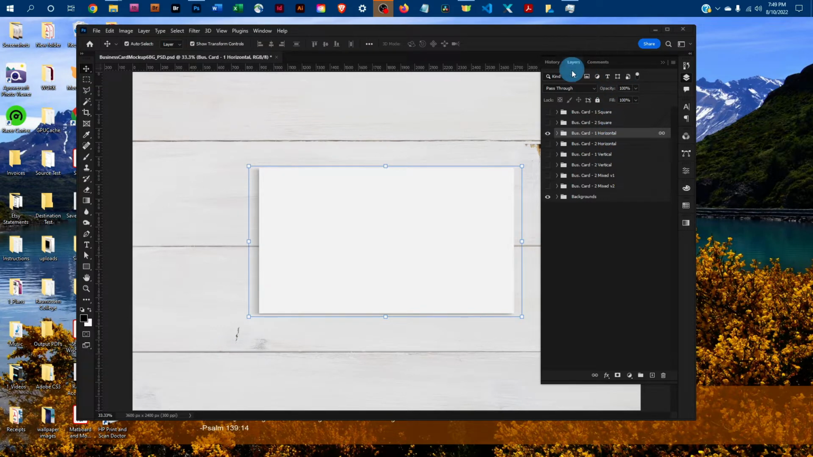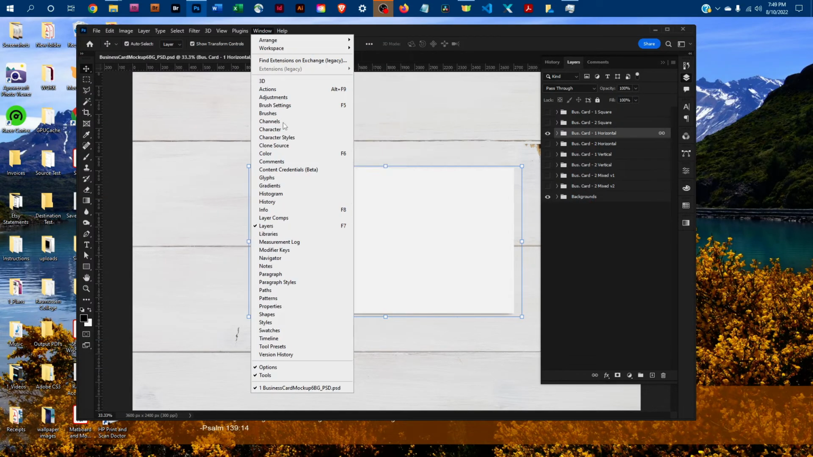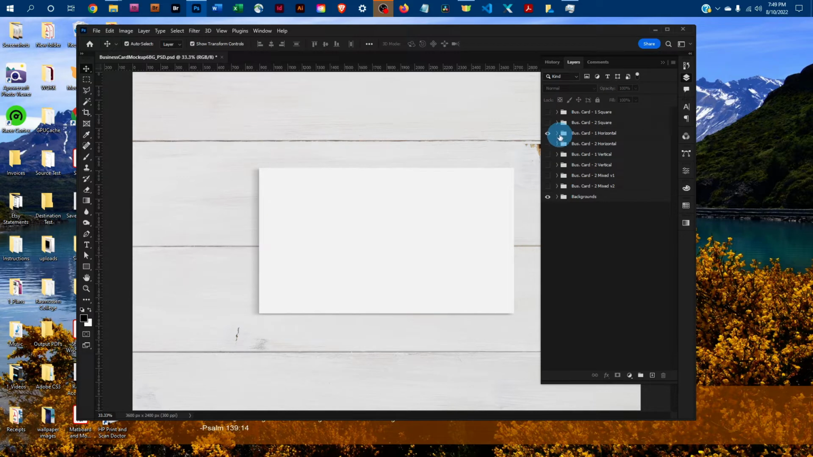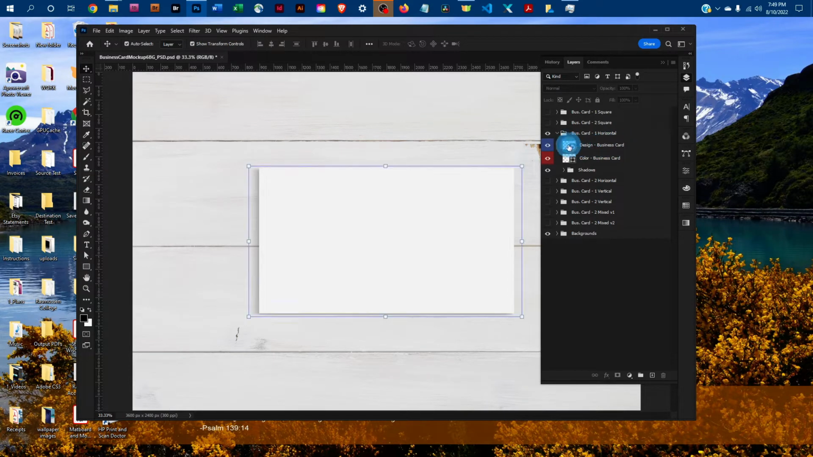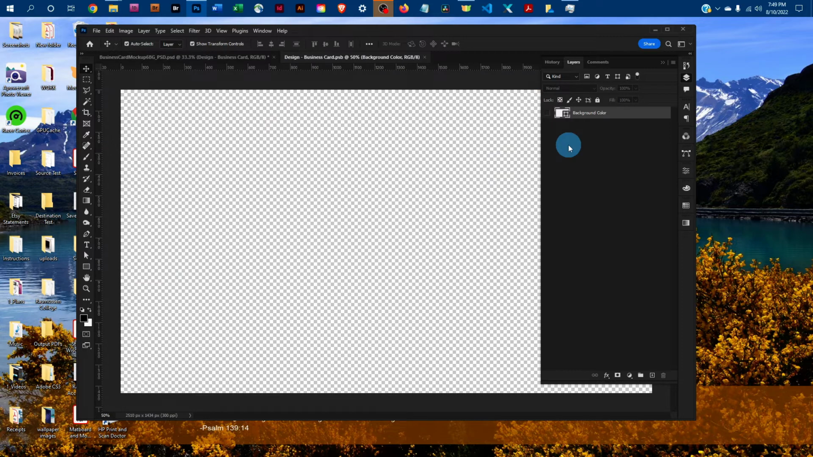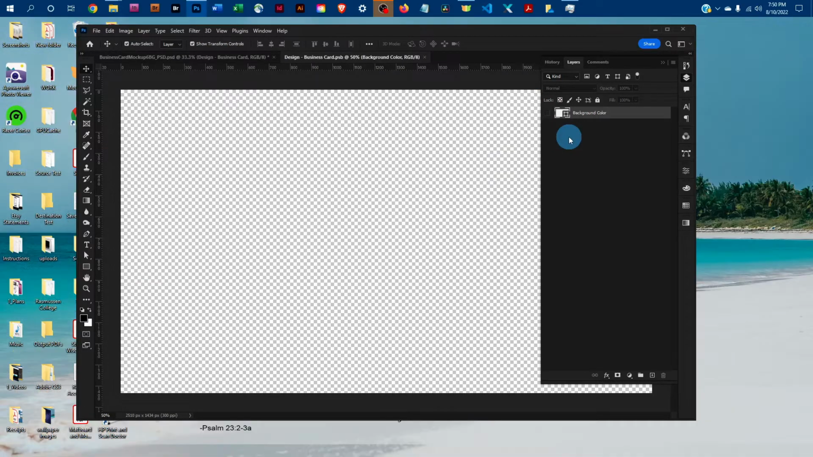I'm going to be using this layers panel here, so if you don't see the layers panel, just go to Window and then click on Layers to open it up. And then to add your design, you just want to click one of the little arrows next to your desired business card layout. It's going to expand the layer group, and then just double click the thumbnail icon in the layer labeled Design-Business Card. And this will open up the smart object where you can copy and paste your